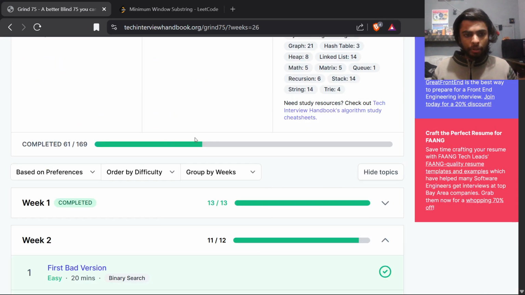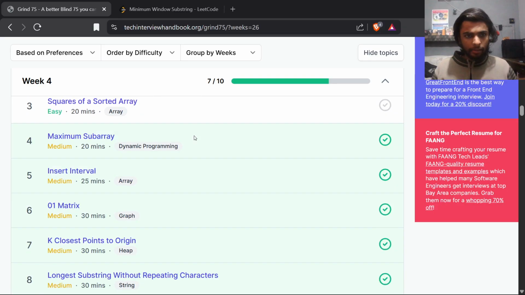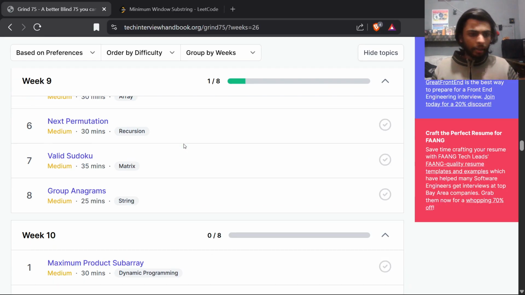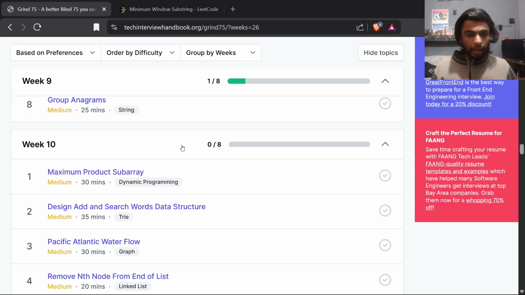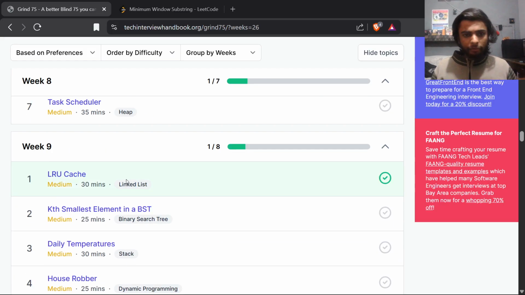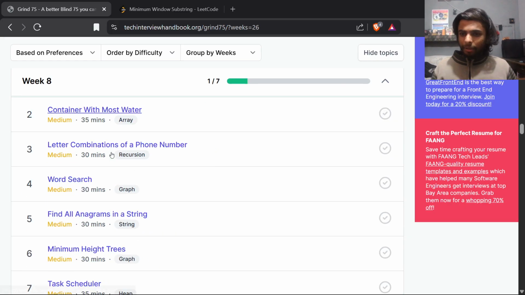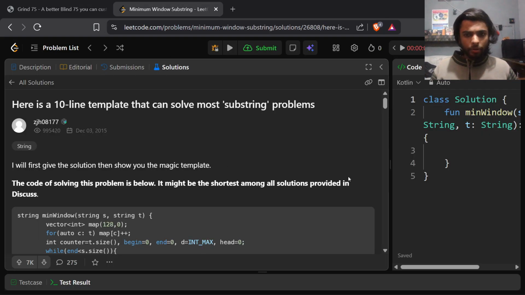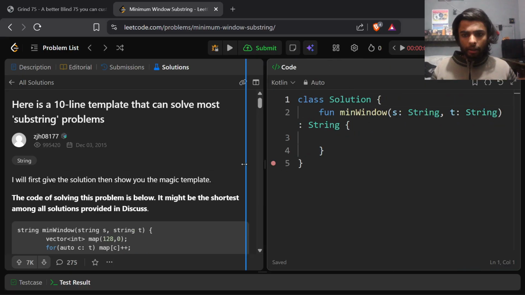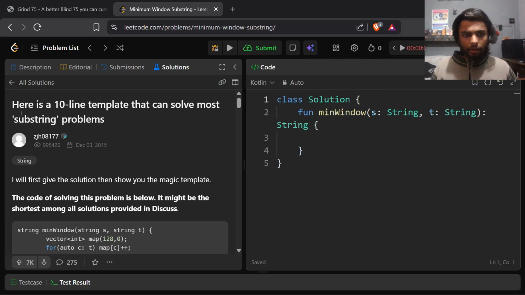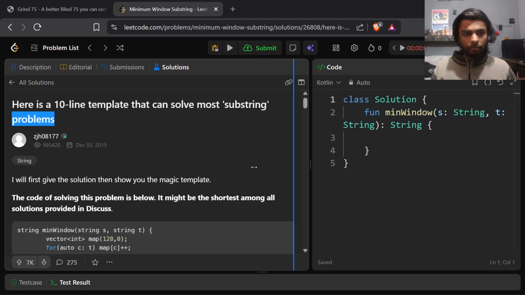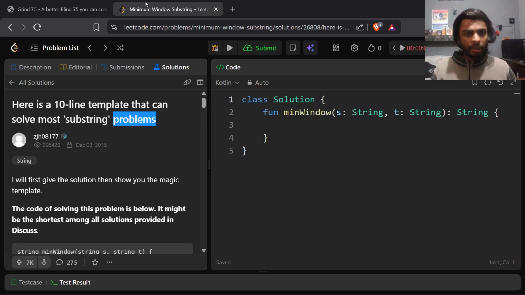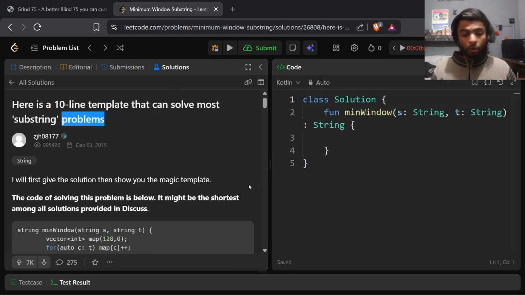Usually, if I'm following this list, Grind 75, I've been following it for a long time maybe, so I thought let's try to make a change. So yeah, I have chosen substring problems as my first category, and I think the minimum window substring is the first problem,